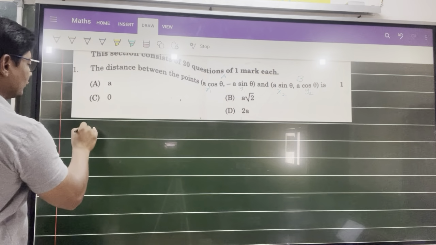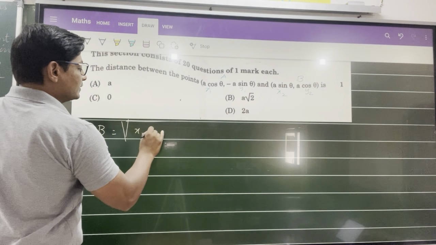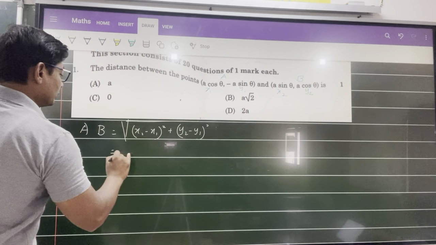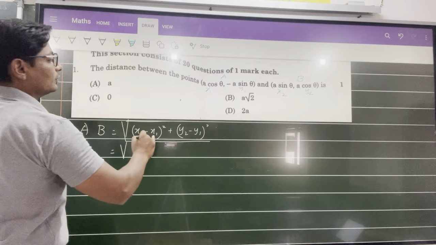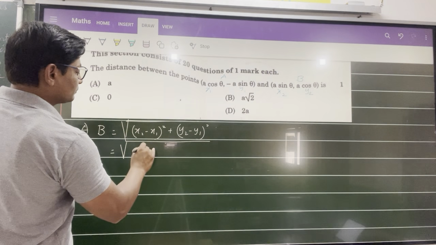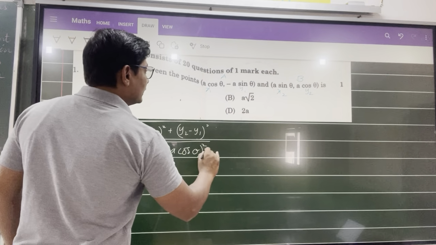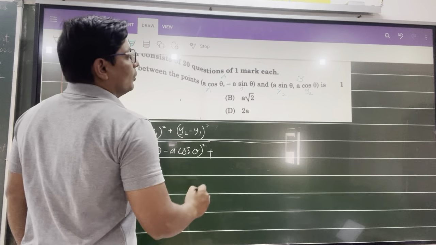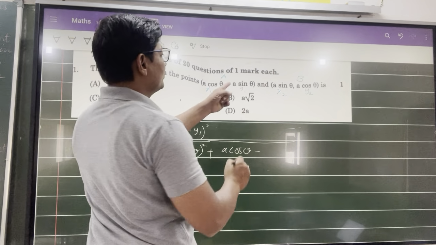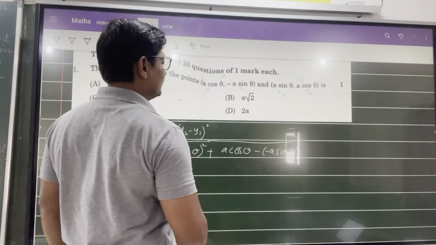So we have the distance formula for 2 points AB, which is given by under the root, x2 minus x1 whole square plus y2 minus y1 whole square. So here therefore substituting x1 y1 and x2 y2's values here. So x2 is a sin theta and x1 is a cos theta whole square, then plus y2 is a cos theta, then minus, so here you see y1 is minus, so it is minus of a sin theta, or if you want directly you can write plus a sin theta,